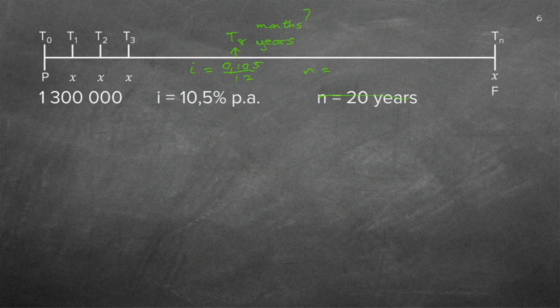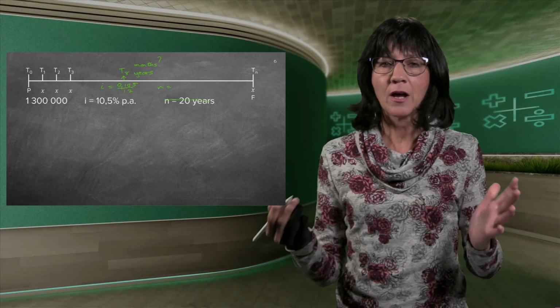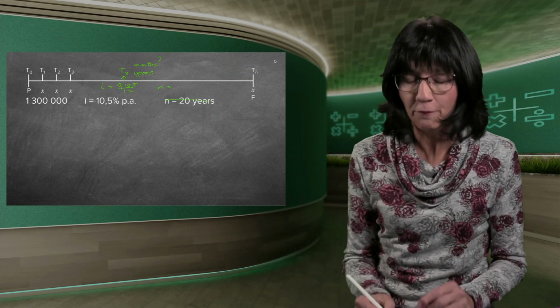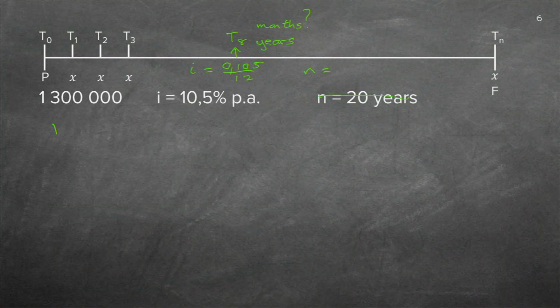But remember what I said about outstanding balance. If you use the formula for outstanding balance, I'm busy with my I and my N. I'm just going to write down the formula so it makes sense. If I do the formula, can you remember what I said about that N?